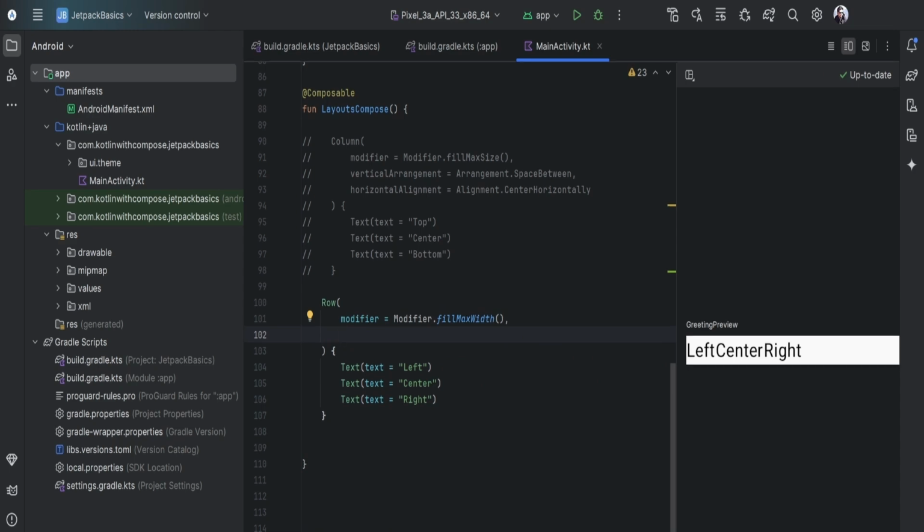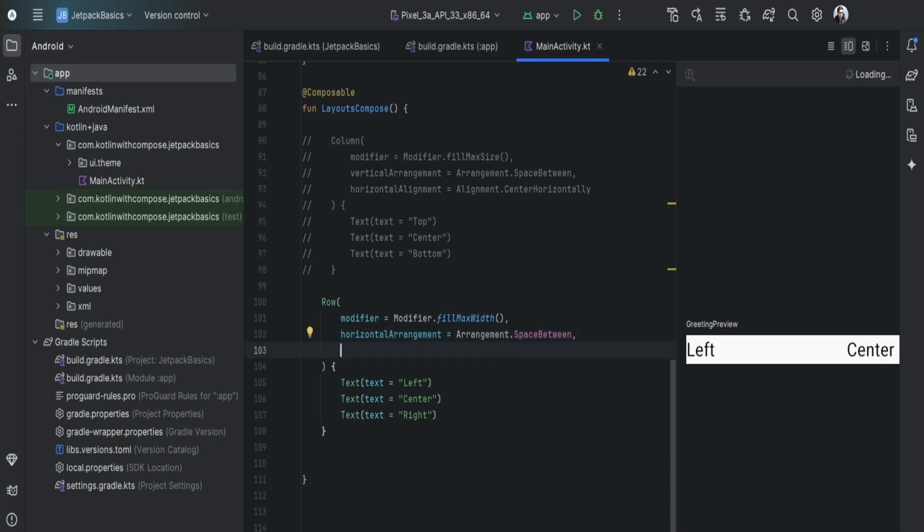As columns take vertical arrangement and horizontal alignment, similarly the rows take vertical alignment and horizontal arrangement. There is a difference, okay? Column takes vertical arrangement and row takes vertical alignment, whereas column takes horizontal alignment and row takes horizontal arrangement. So let's add arrangement first, and arrangement dot space between, and now let's add alignment, that is